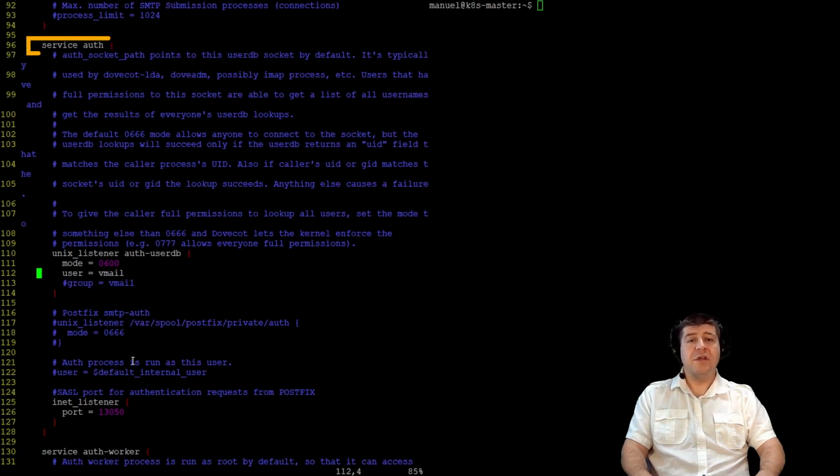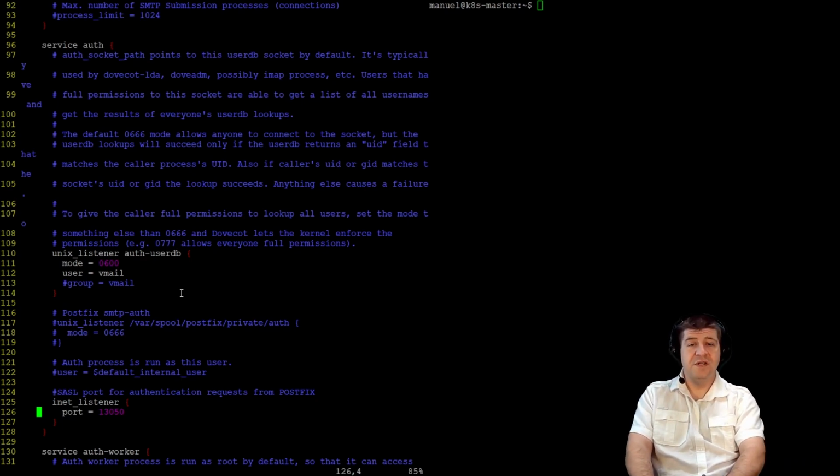We define that our user vmail is managing the service and the user is allowed to read and write specified by the mode 600. I do specify another INET listener on port 13050 for SSL authentication requests. This listener is specified for user identifications and makes sure only email for users that exist are accepted. That is it for this file, and we move on to the next, which is